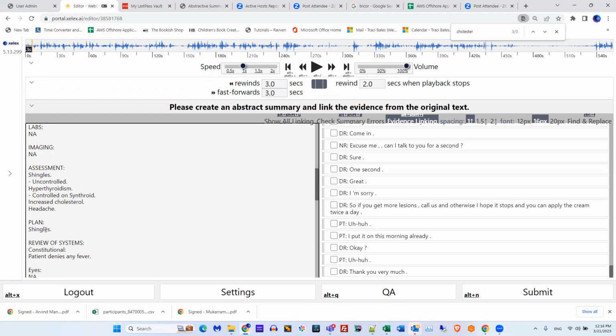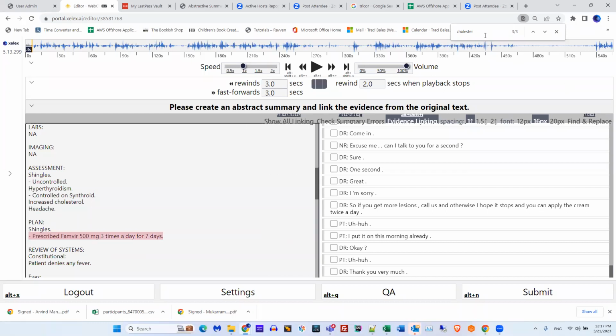So shingles is my condition. I've linked the evidence to that. The plan for the shingles is the sub item. I indicate that with a dash space, and prescribed Famvir 500 milligrams 3 times a day for 7 days.